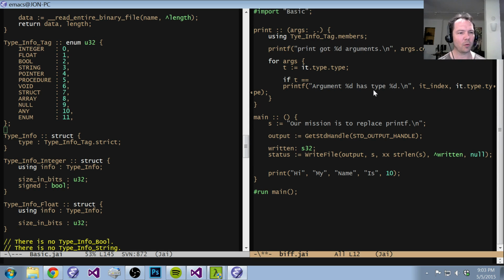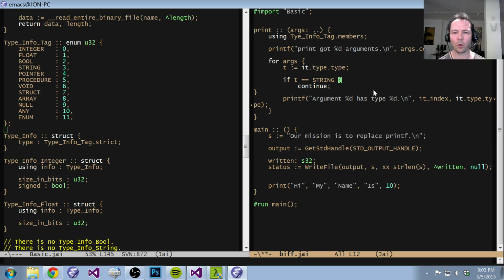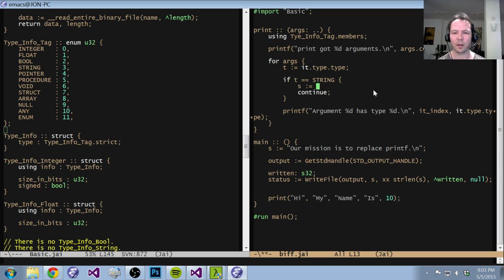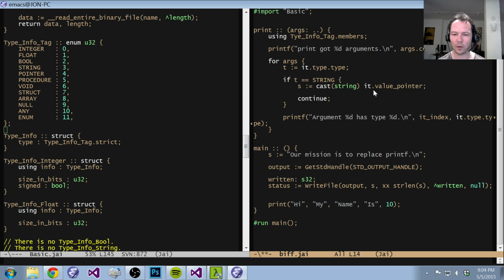So if t is equal to string, then we're going to say s is cast to string it.valuePointer, and